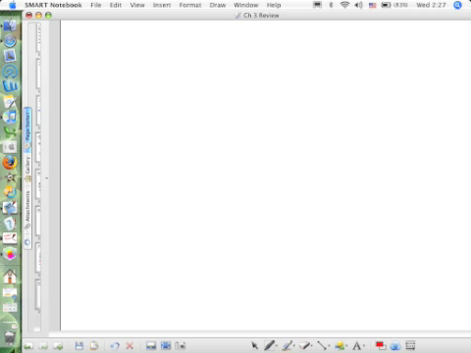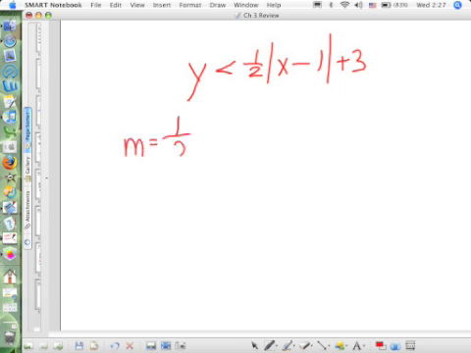Okay, we also need to be able to graph absolute value inequalities. This is an absolute value inequality. It's a V. Remember, the slope is always found directly in front of the absolute value brackets. If there's no number there, it's understood to be 1. The vertex